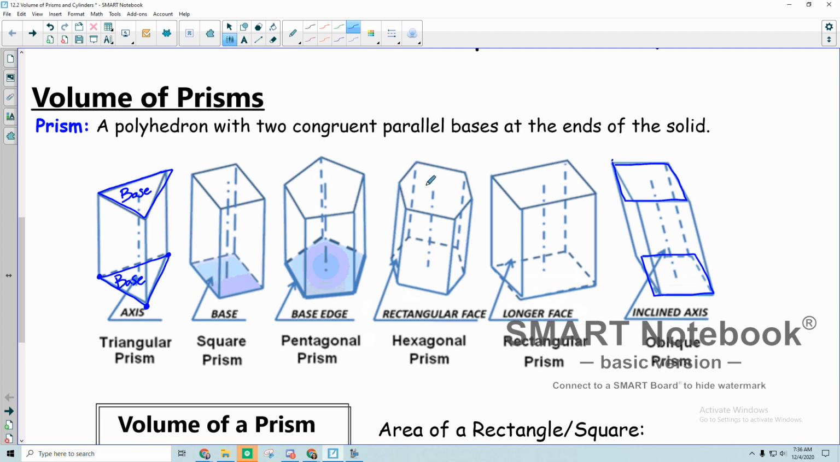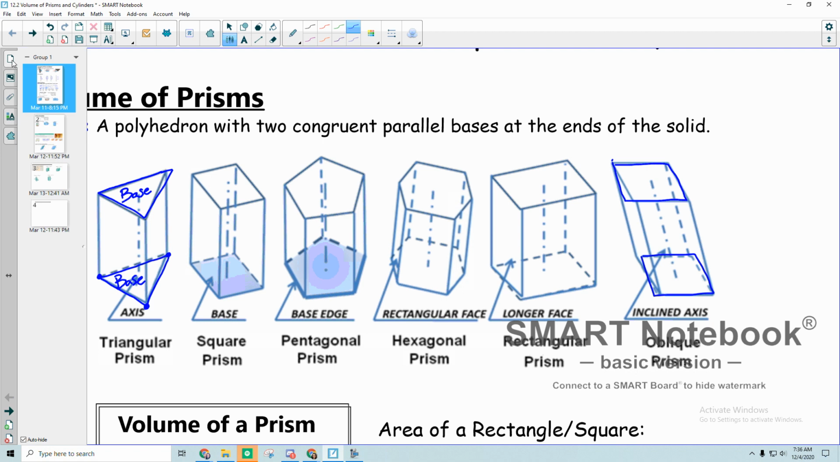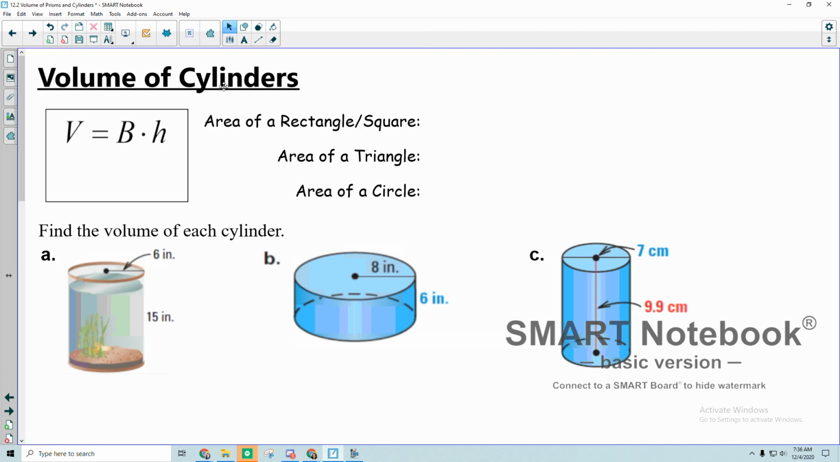So that's what makes something a prism. You just have some 2D shape connected as the base for the top and the bottom. And we are specifically going to focus on a type of prism called a cylinder. Okay. So a cylinder is a prism because it has a circle for its base at the top and at the bottom. So if we think about the volume for a cylinder or for any prism, in fact, we're going